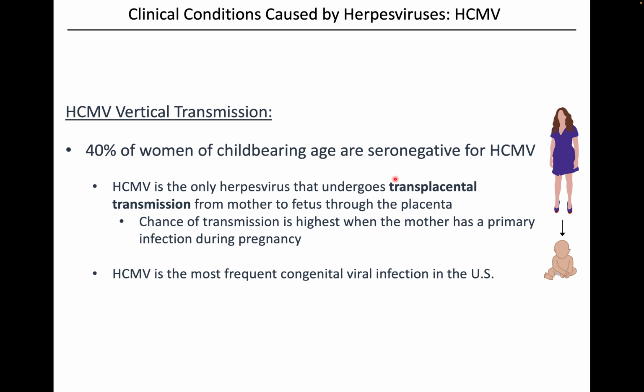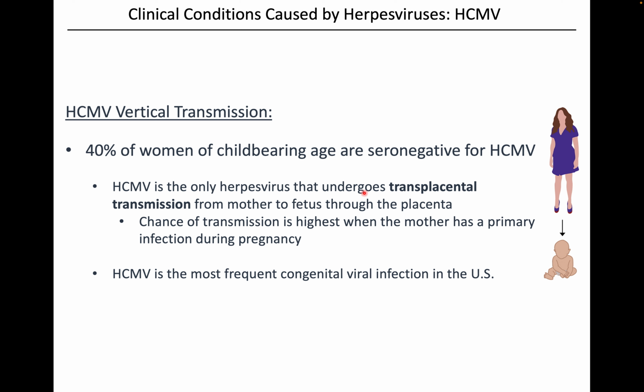In terms of vertical transmission, so mother to child, this is going to be most significant if a woman has a primary infection while she's pregnant. And it's been established about 40% of women of childbearing age have not been infected with cytomegalovirus. 60% have, but you've got about 40% of the U.S. population there